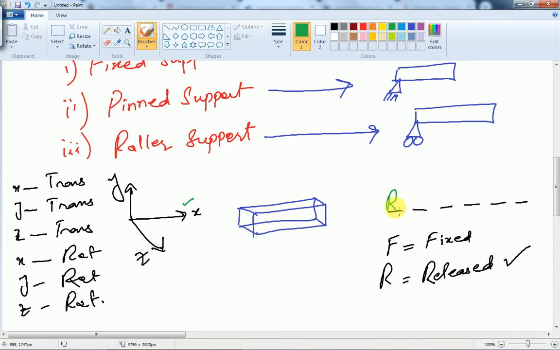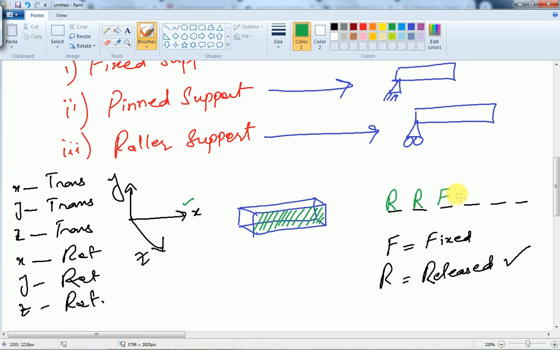If the body is also free to move along the y-axis, then we also use the word released, R. And if the body cannot move along the z-axis, it is fixed along the z-axis, then we can use